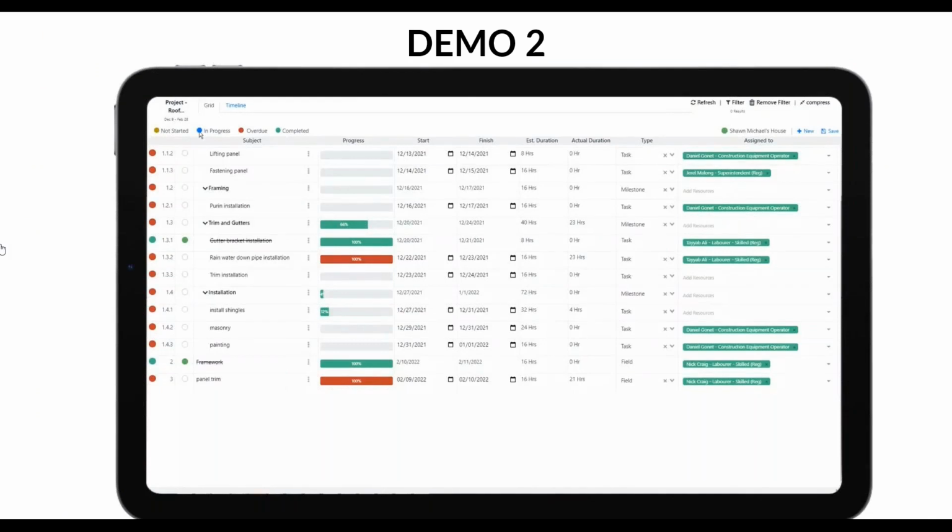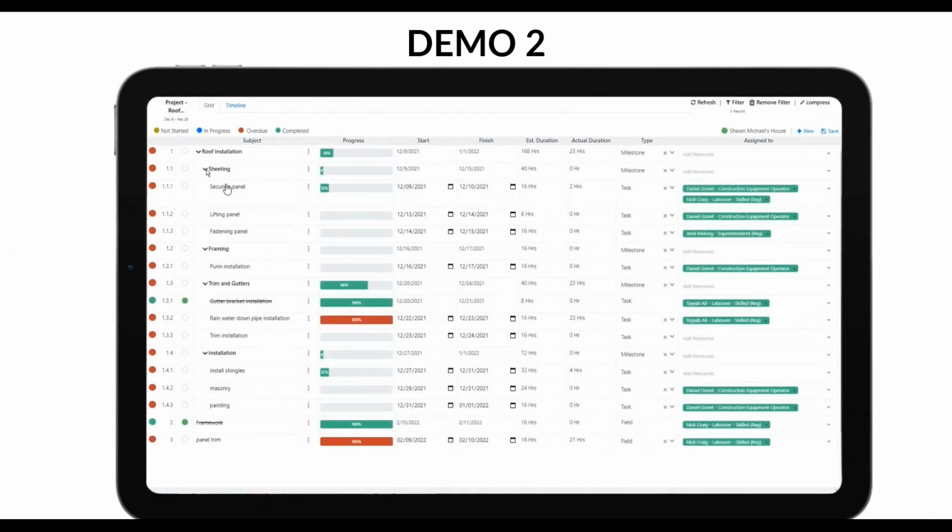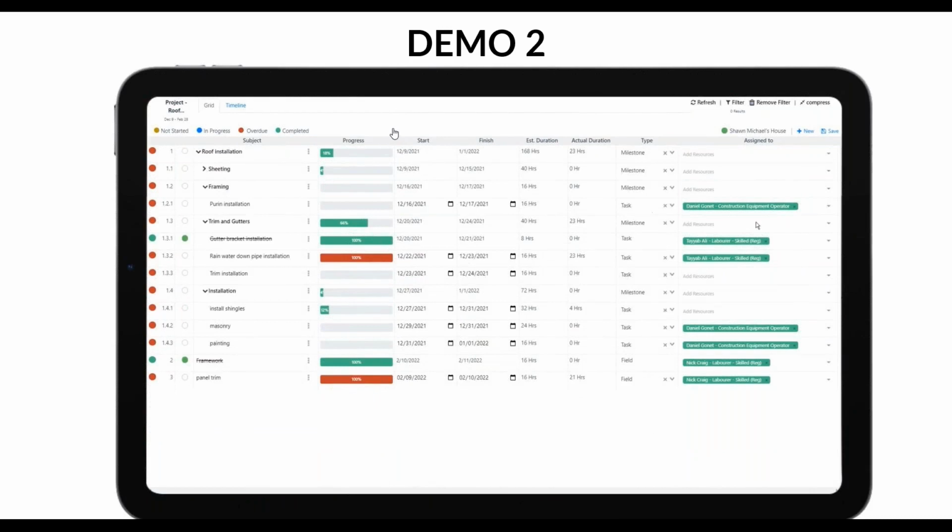All right. So you can see, this is the same project plan that I showed you there. I'm just minimizing some of these things so that you could focus more on the task. So you can see in here, I have this task of installing shingles, and I'm going to assign it to myself, which is what you saw in that previous screen. And you see I have 4 hours of the actual time already done on this, and I have 32 hours estimated. And the task is 12% complete right now.